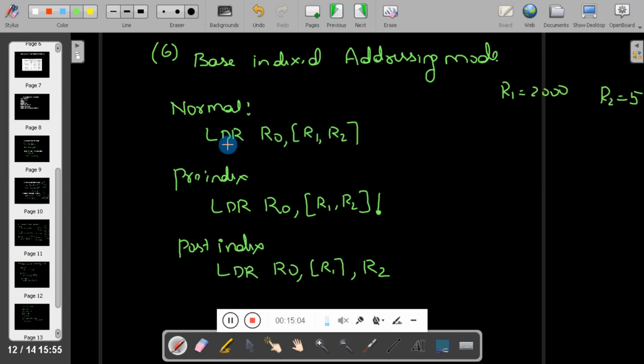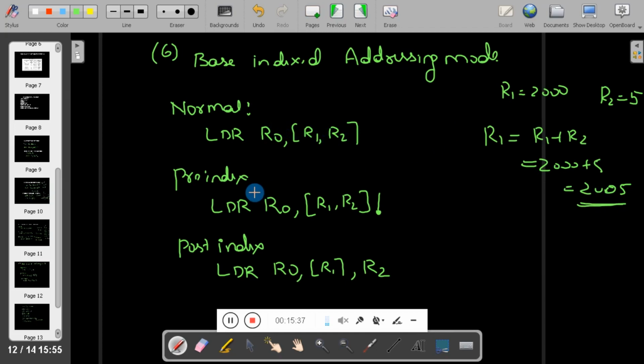In the first case, R0 will get the value from the combination of R1 plus R2, that is 2000 plus 5, that is 2005. So the content of this address will be transferred to R0, but R1 and R2 remain the same.